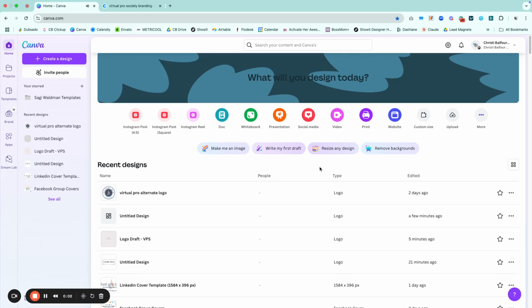Okay, before I get started on showing you how to use a Canva template to create your own customized logo, I'm going to show you first how to set up your brand kit because you will need this as you move forward to create your logo. So you open up the page, you're going to see on this left-hand side, it should come up brand. So I'm going to click on that